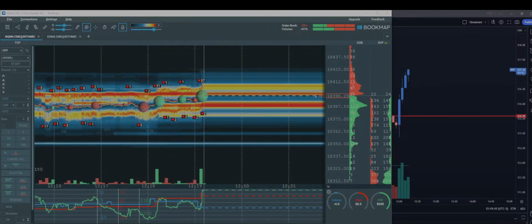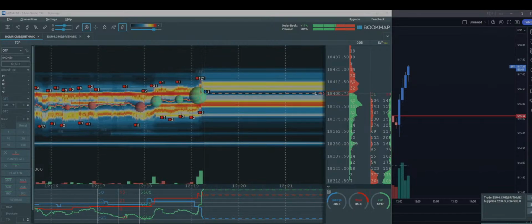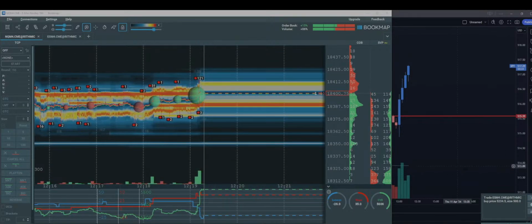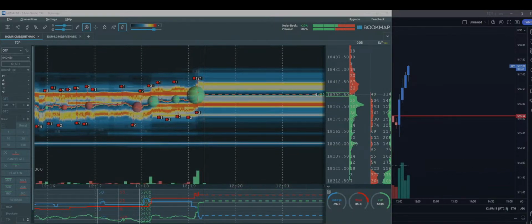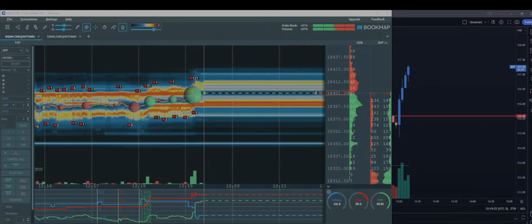All right, here comes the 400 test. And we're breaching that. And I'm going to continue to play 20 points. Another large lot buy order, 500. I'm going to continue to play 20-point ranges with my stop loss here. So I'll bring this thing up to